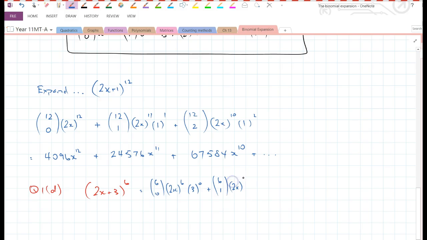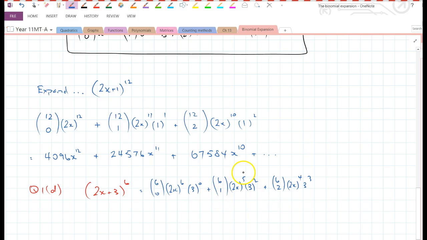2x to the power of 5, 3 to the power of 2. Okay, so 2x, that's my a and that's my b. You see how this is working out. Plus 6c2, 2x to the power of 4, 3 cubed. And you can see my powers are always adding up to